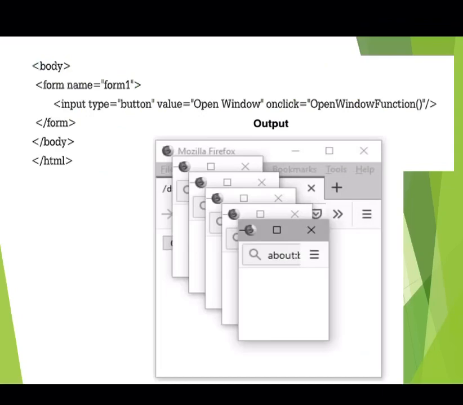function. So when you click on the button, the openWindow function will be called, and since you have written the open method in the for loop and the value of i is 0 to 4, means 5 times the loop is going to execute, means you are going to open the window 5 times. So 5 windows are going to be opened on a click of that button. Okay, then close the form tag, close body, and close HTML tag.